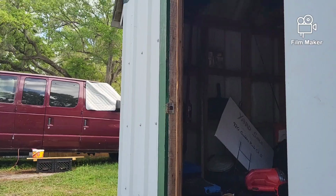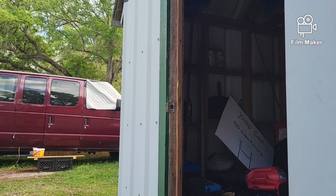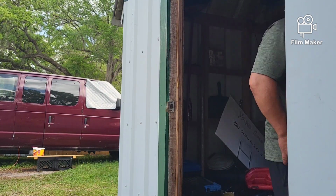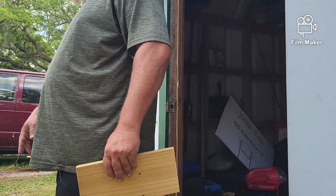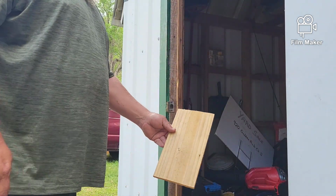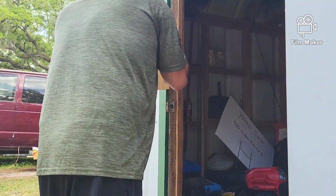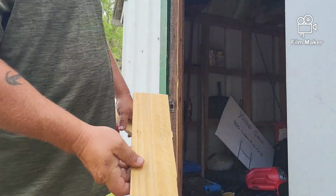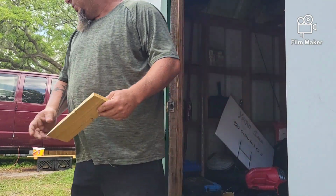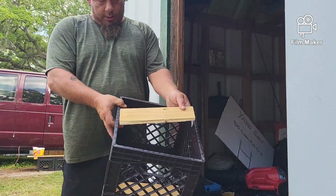I'm going to show you exactly what I'm doing real quick, and then I'll show you the finished product for this afternoon. Now I happened to have recently put up all of this stockade fence, so I have tons of scrap laying around. That's a little bit wider than I want, so we'll just break it down to manageable sizes. I've already cut the length. Now it will fit